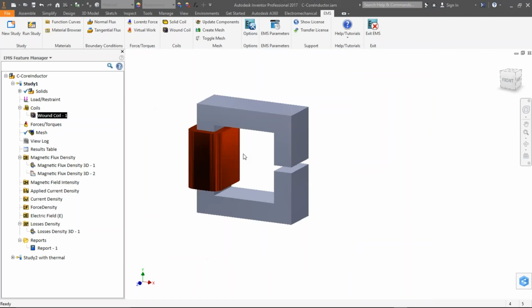In this case we have just one coil, but in EMS you're not limited to just having one coil. If you have many coils, and in the case of a transformer you're going to have primary and secondary coils, probably 6 sets of coils, you can actually define all of them and use them for simulation. Once you define a coil, we are all done and ready to go ahead and do the